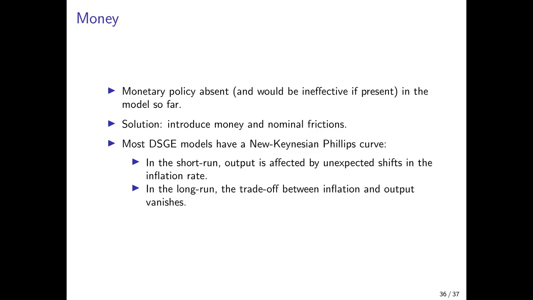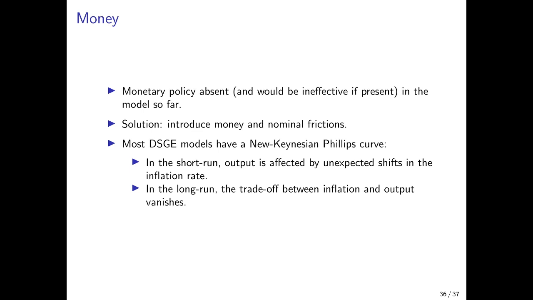And finally, there is the problem that monetary policy is absent, so there is no money in the model. But even if we introduce money, monetary policy would be ineffective. It would just raise nominal prices and nominal money supply, and in the end, everything would cancel out. There would be no real effects. And the solution here is to introduce money in the first place and then nominal friction so that prices cannot adjust instantaneously in the model. And then during the time when prices adjust to their new equilibrium level, there could be real effects of monetary